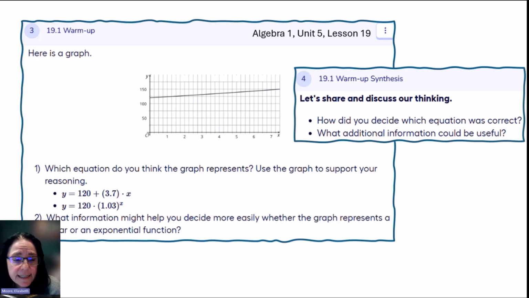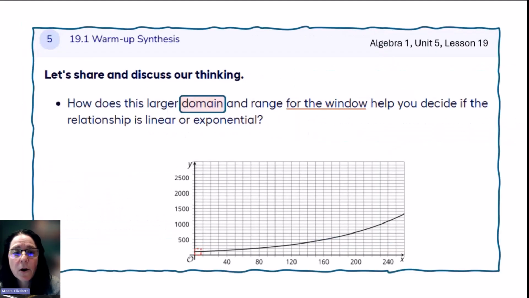Then moving to the last part of the warm-up synthesis, it's asking here, how does this larger domain and range for the window help you decide if the relationship is linear or exponential? It shows us in the little dashed corner at the very bottom what the original window was, and then this much larger window where we can see that this is not a linear